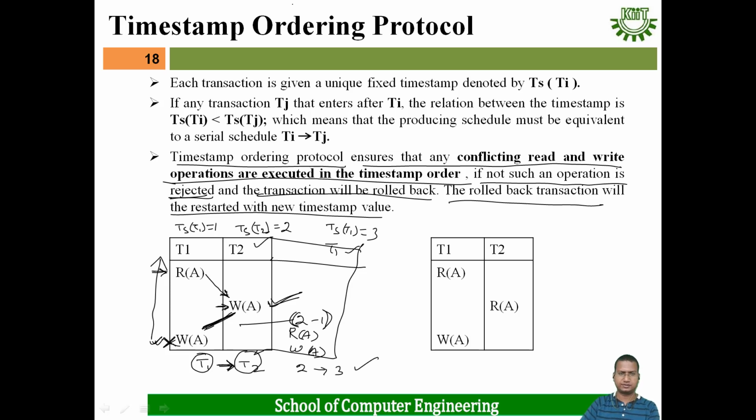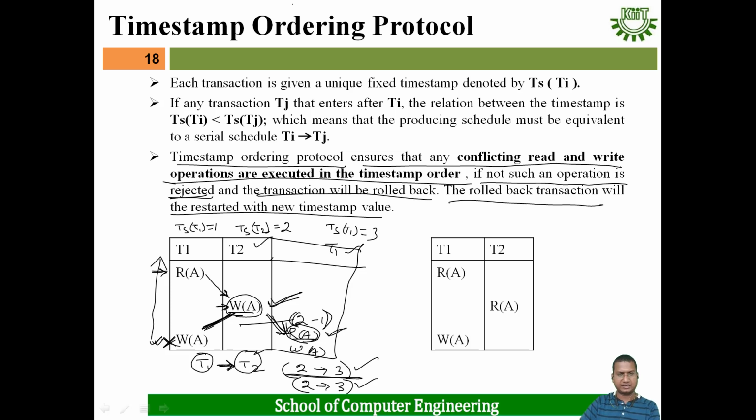In this case, we have to see, suppose a write A operation has been performed first, then suppose a read A operation I have to perform. Whether this can be performed or not, or whether it will create any problem according to the timestamp ordering protocol. Here, write A to read A is a conflicting operation, but this can be allowed because the conflicting operation is performed in the order 2 to 3. That means the conflicting operation exists in the same order as the timestamp order. That's why this will be allowed.